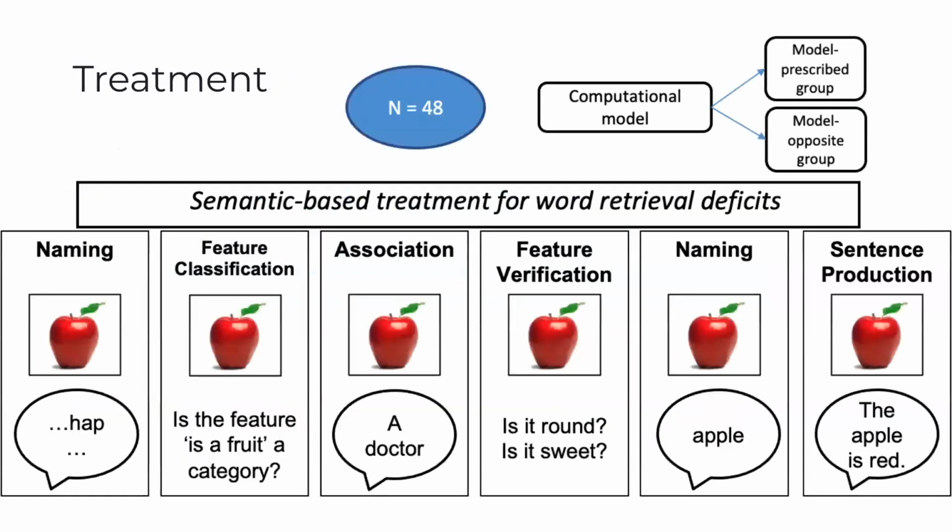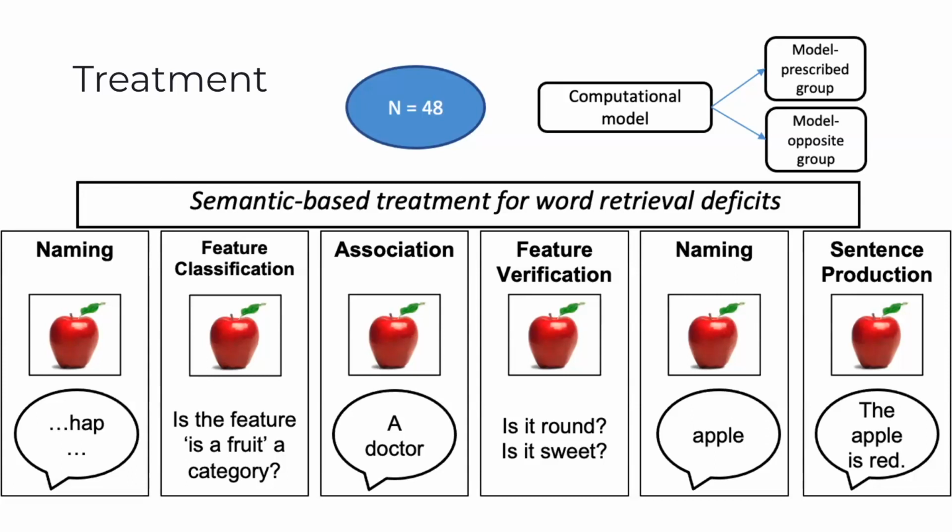So just a little bit about the treatment real quick. We have these 48 participants. A separate computational model is prescribing what language to do the therapy in. And the therapy itself is what we call semantic-based treatment for word retrieval deficits. There are 6 steps to this treatment. The participants name or try to name an item. They get some feedback. They classify features about the item. Then they try to associate the item to something in their own personal lives, or a semantic association,